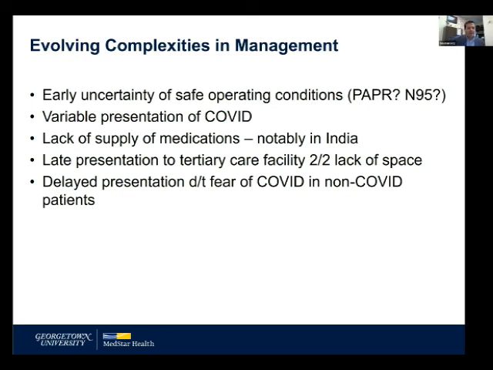The variable presentations of COVID were hugely complicating too. Some people had just a little something, and we couldn't tell if they were going to crump and then start to develop more significant lung disease. Earlier reports were really saying anyone that had emergency surgery with COVID just did much poorer overall. So we didn't know. Lack of medications, notably in India: there was a whole black market amphotericin thing. We had one patient come over from Pakistan who had gotten some version of amphotericin. We had no idea the concentration.